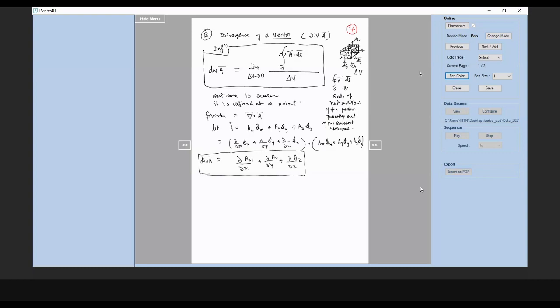Now, this reminds me of the grad formula. I think I forgot to explain. On a scalar V, it would be del x of V itself, but in this direction. Then you are computing differentiation of V with respect to Y in Y direction, and again differentiation of V with respect to Z in Z direction. So this is a formulation of gradient as far as the partial differential operator is concerned.